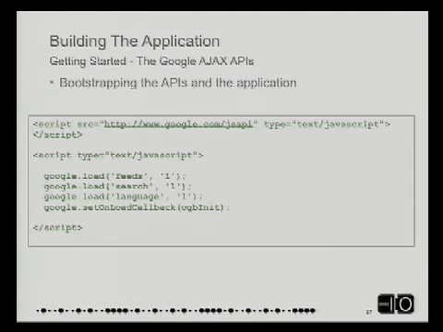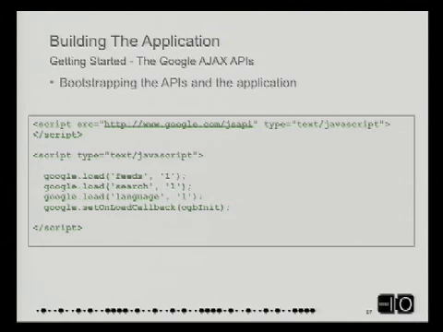So how do we bootstrap to the hello world so that the application as it's sitting now becomes an AJAX application? For the most part, when you're using the AJAX APIs and you're using the JS libraries that we provide for them, everything's going to start with the first script injection, which is www.google.com/JSAPI. Once you load that, that bootstraps our loader, and we call it a common loader. And the common loader started out as a convenience and something that was very easy to program against, and now it's become a pretty sophisticated piece of the AJAX API's technology.